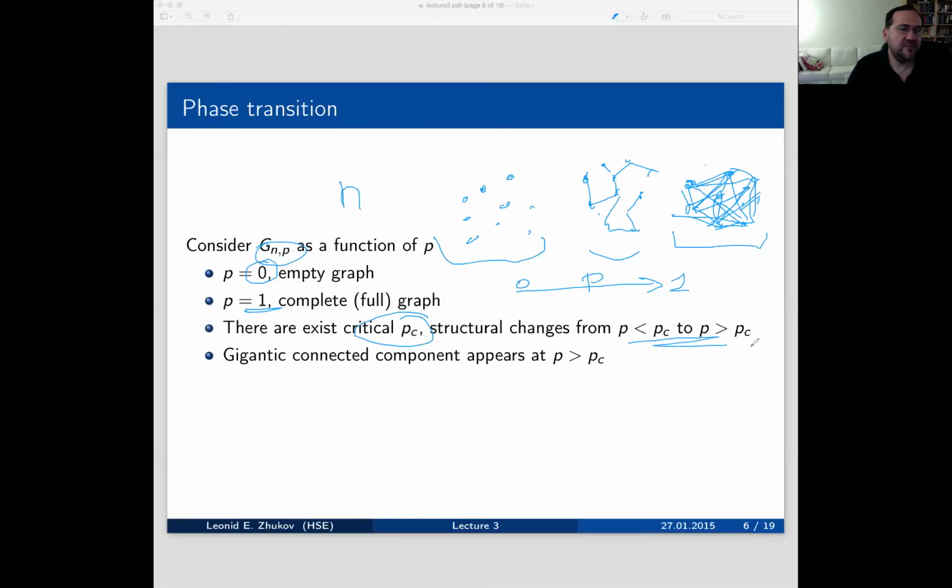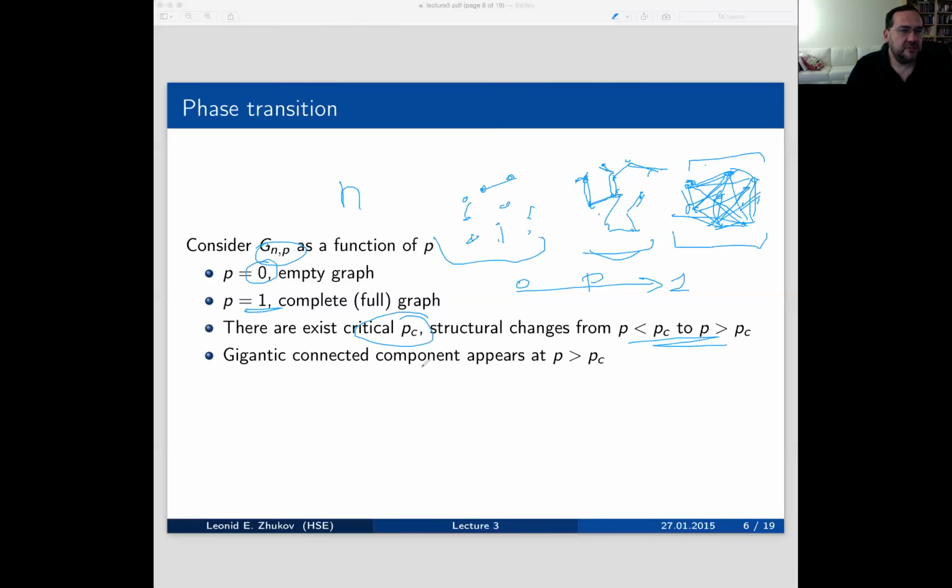It's something maybe you remember from physics. For example, when water is freezing, the temperature is dropping, and then at some moment you get ice, right? The phase of the substance changes from liquid to solid. Well, the same way is here. There are disconnected nodes, and as we change the probability, we start getting a few edges here and there. But then there's some moment when all of a sudden you get a large component, when things get connected. And then when you increase P, every node becomes connected.